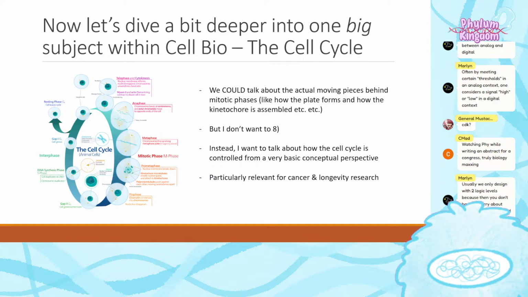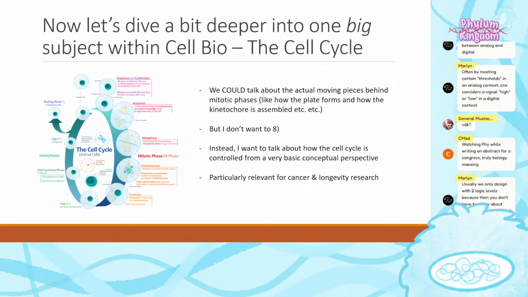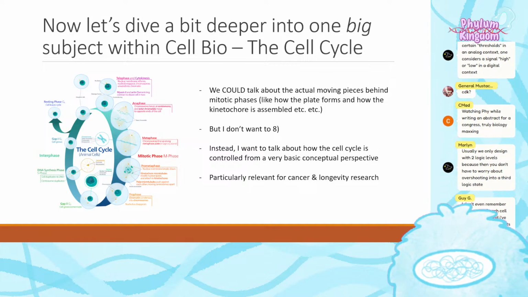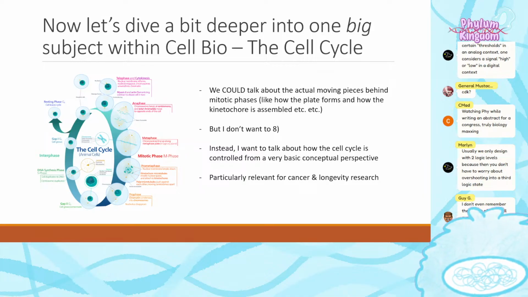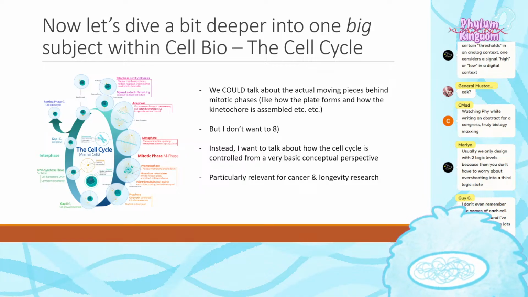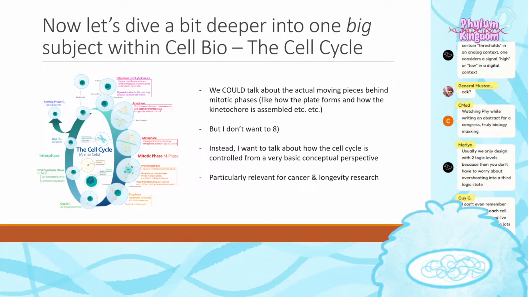I don't even remember the names of each cell cycle's phases, and I've read stuff about it lots of times. Yeah, that's like the level that I went into before I had to refresh for this stream, right? I'm glad to do these 101s because I can reteach myself some things, but I don't reteach myself all that much, right? I just need a little bit of a refresher.